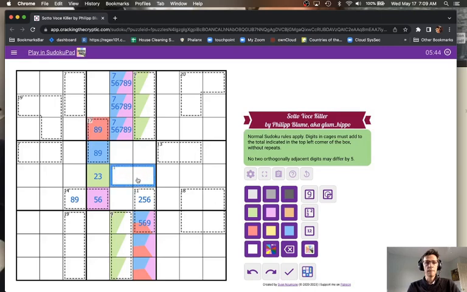Look at this 11 cage. It can't be 5 and 6, otherwise this would have no value. It could be 4 and 7. It can't be 3 and 8 because they're 5 apart. And it can't be 2 and 9 because then this would be 3 and 8, and those are 5 apart. So this must be a 4-7 pair. The 7 takes 7 out of here. So this is 4,